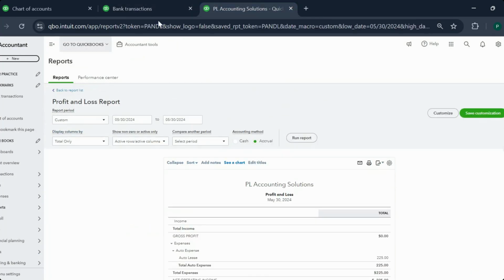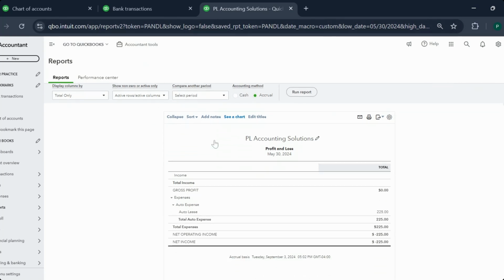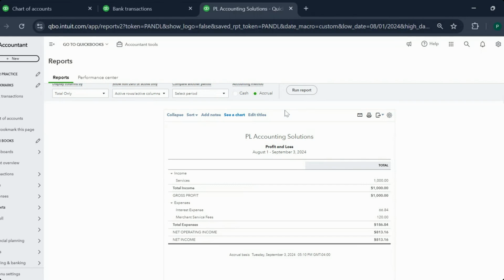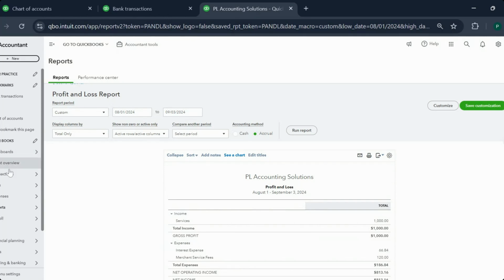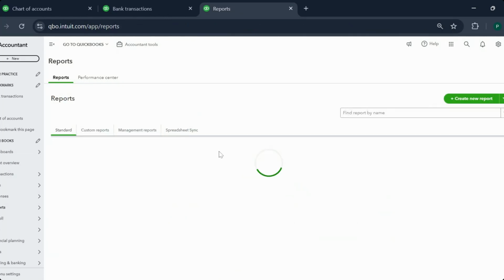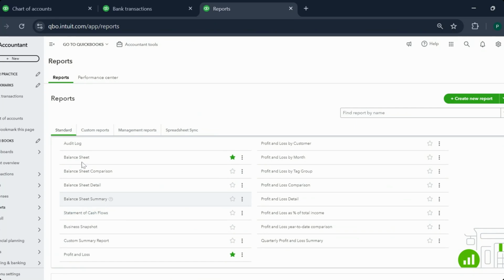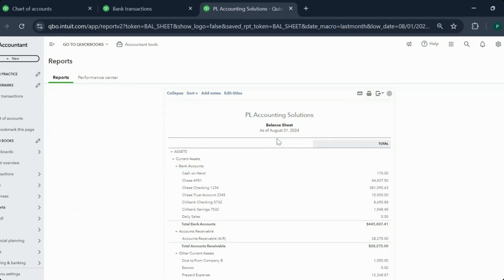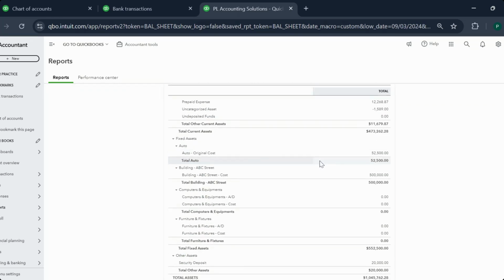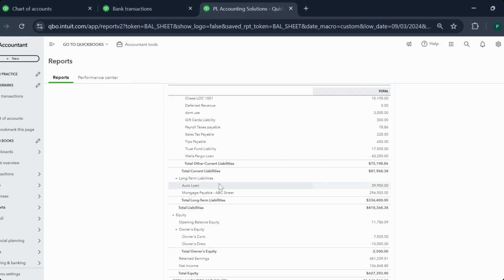Now let's look at the report. How do the reports look? Remember how in P&L the auto lease shows up? Okay, when we finance a car or truck, only thing in P&L we're going to see is interest expense, which is right here, 66.84. Okay, and rest of it you're going to see in balance sheet, which is right here. See, this is where the purchase shows up, 50,000 plus 2,500, and this is where the loan is,